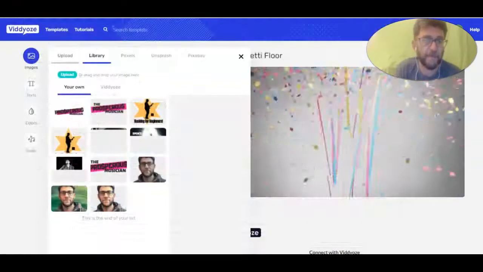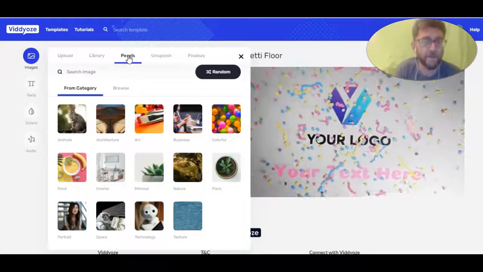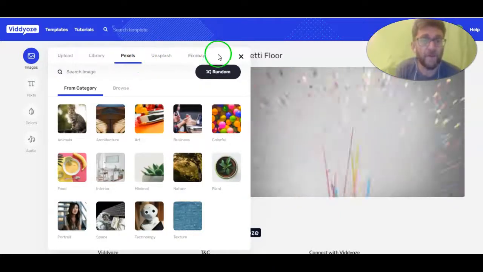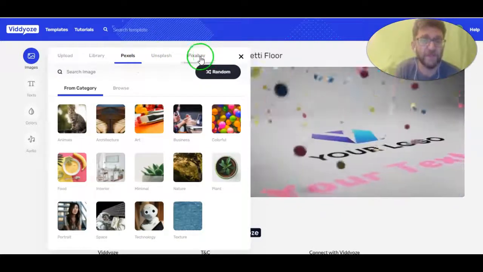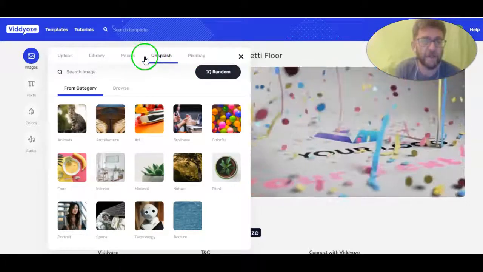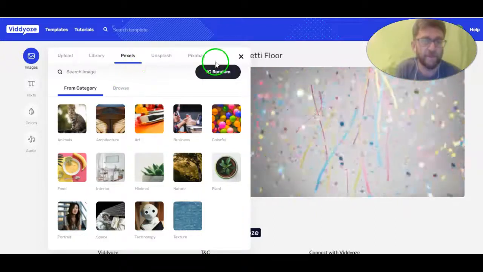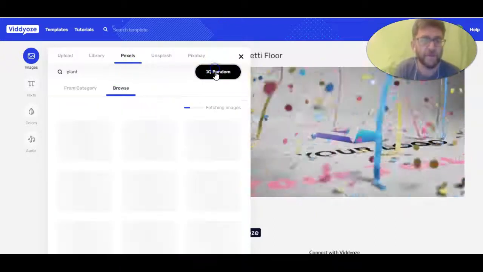Let's go with that. And then this is brand new. So you've got access to not one, not two, but 3 stock footage sites. So you've got Pixabay, Unsplash, and Pexels. It's just unbelievable. So you could go, if you just wanted like a random image,